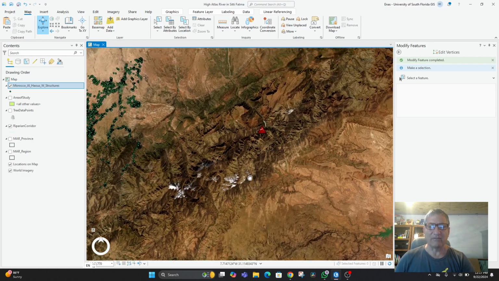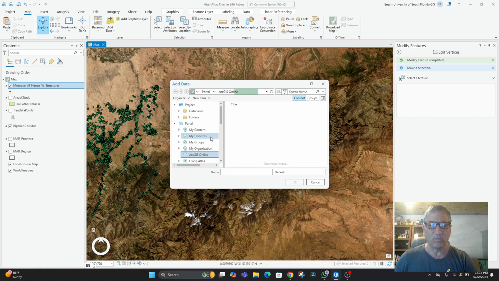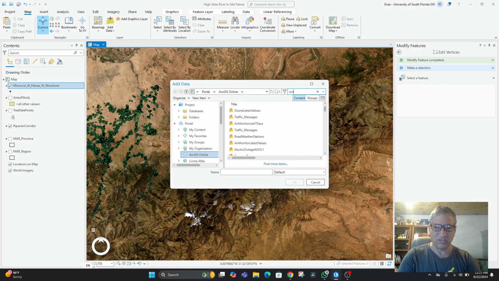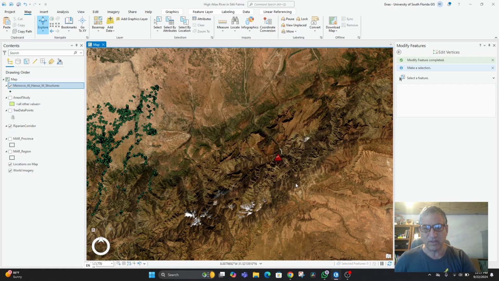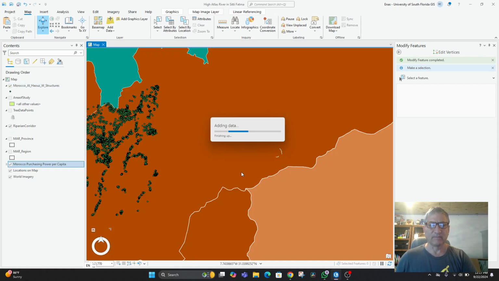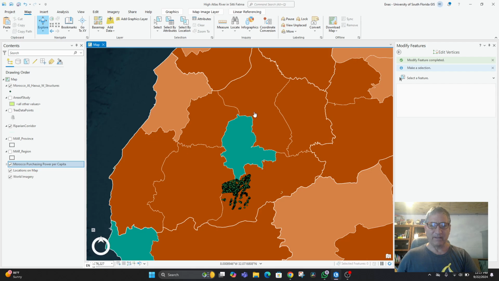We also have information in here. When I add data, we can find in here, again, let's see what Morocco brings up. Purchasing power per capita for all of Morocco. Let's put that in. And you get that data. It's always helpful to me, because these maps then get dominated by that layer, to go into the